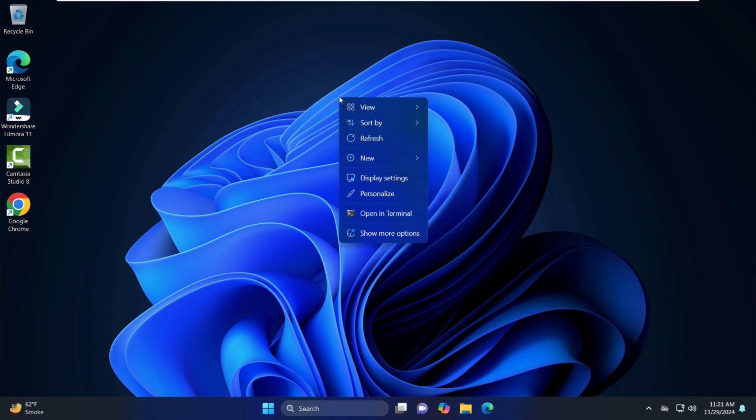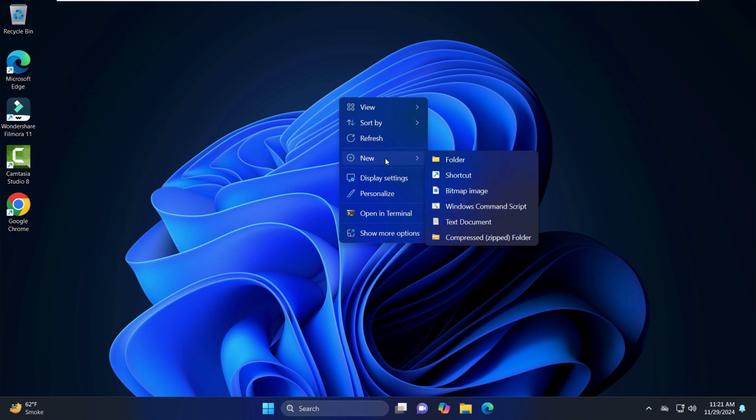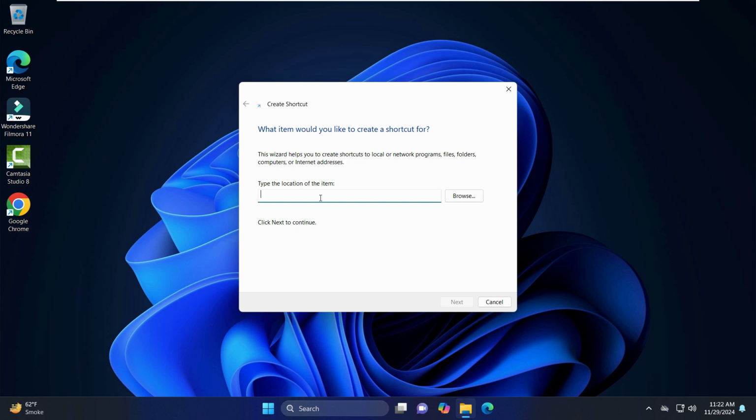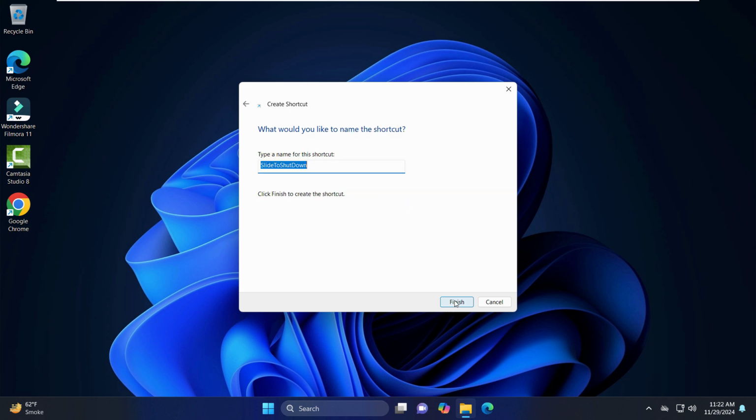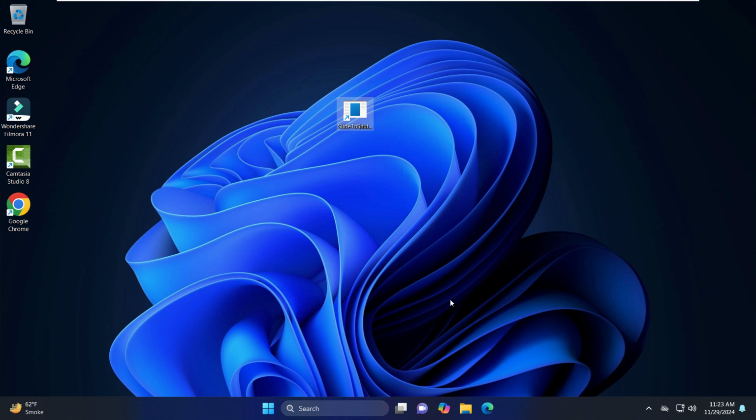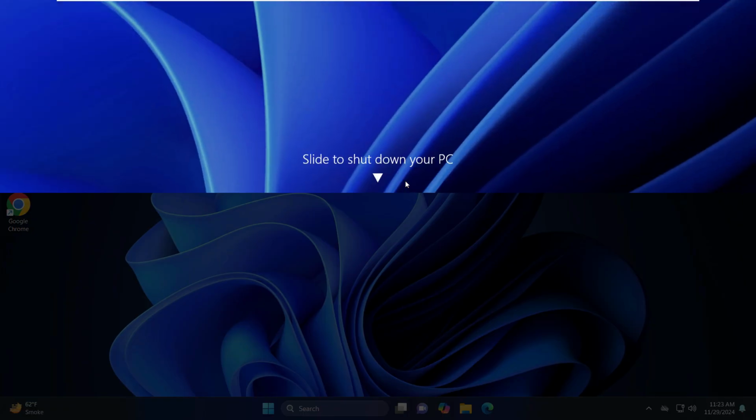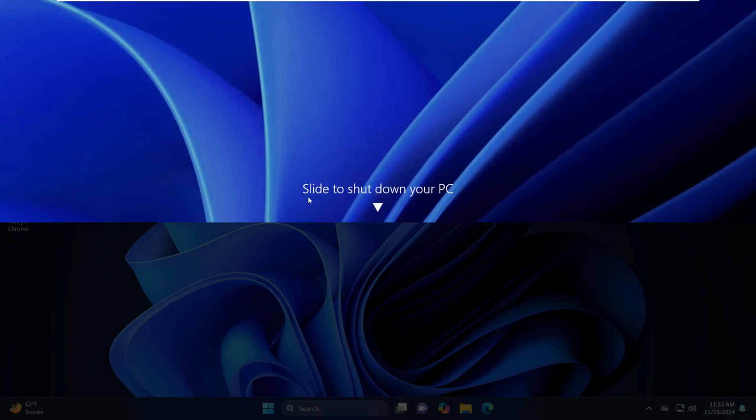So what you can do is just right click on the desktop screen and select the new option and click on shortcut and simply paste this command in the location that I'll link in the description. So just copy and paste it right here and click on next and just click on finish, and you can see nothing happened, right? You just have to access the shortcut and this will open up this one, slide to